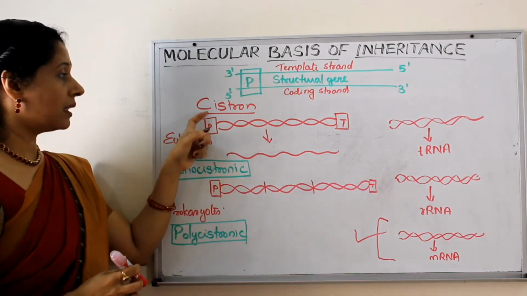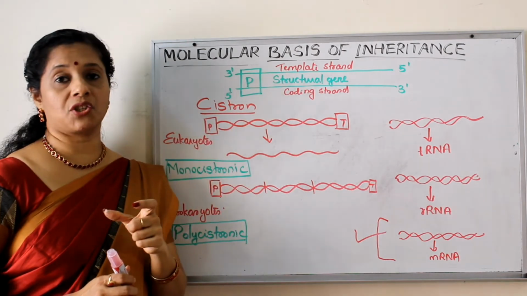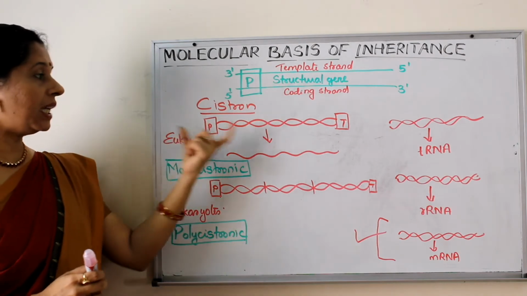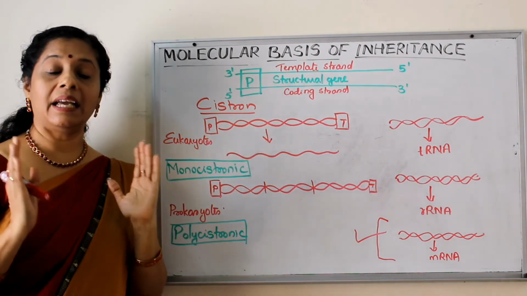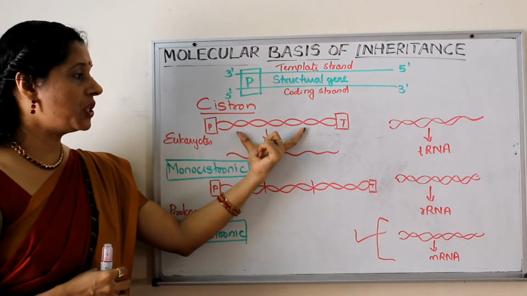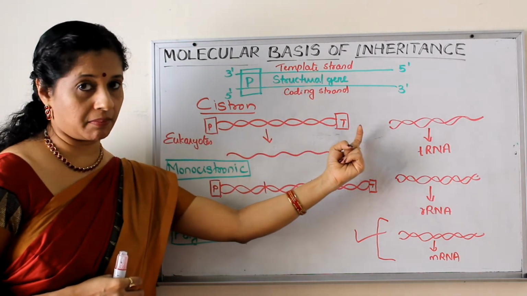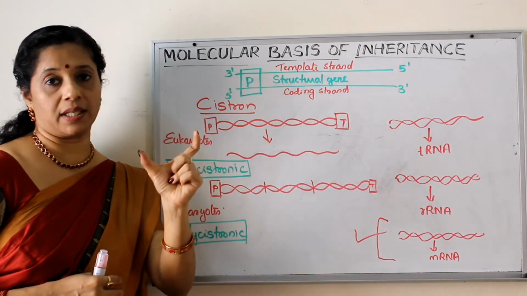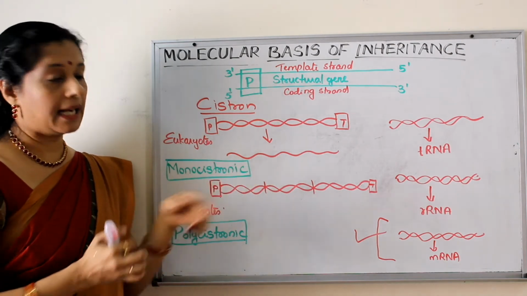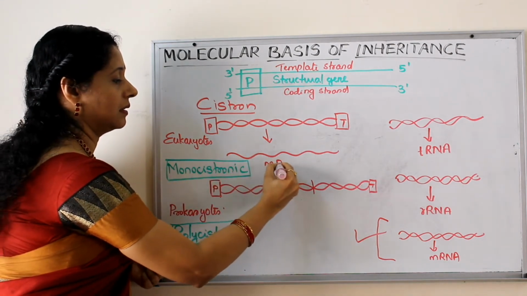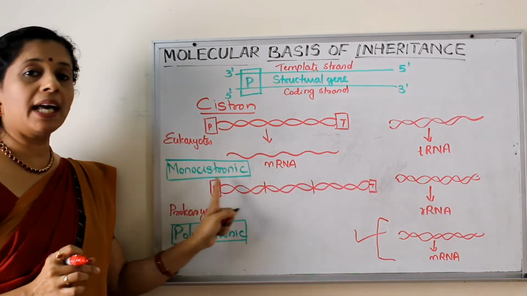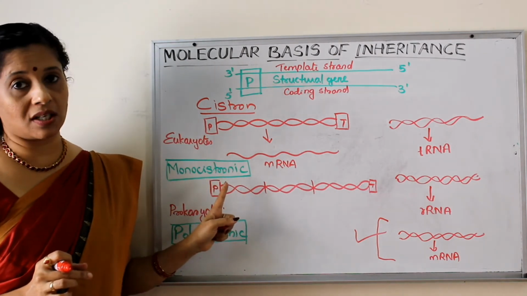Okay. So depending upon the number of cistrons, the genes may vary in eukaryotes and prokaryotes. In eukaryotes, they have a very highly efficient system because they are very complex. So for them, one structural gene flanked between a promoter and a terminator is a single unit or a single cistron. Means what? It can give rise to a single mRNA. So the word is monocistronic. So eukaryotes have monocistronic structural gene.